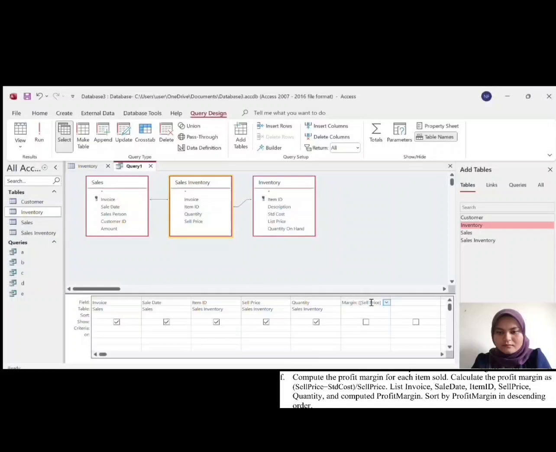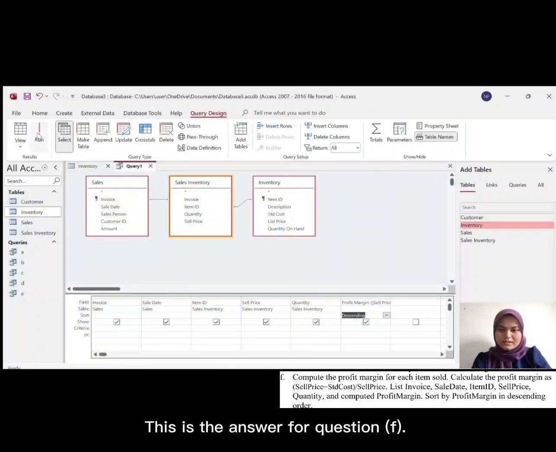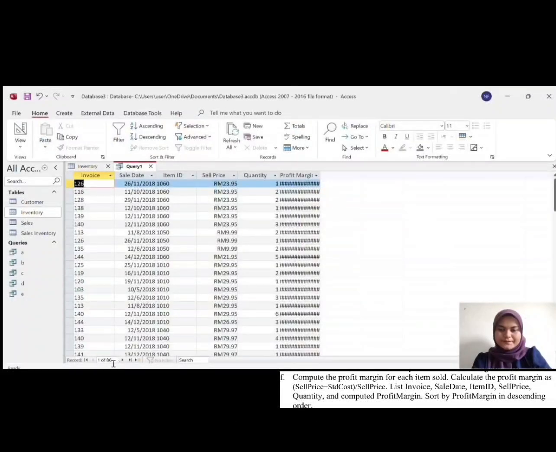And then under the profit margin, sort as descending. Okay, and then you run. So this is the answer for question F.